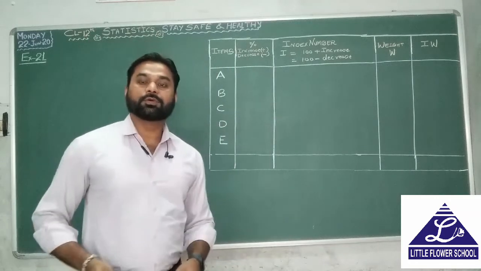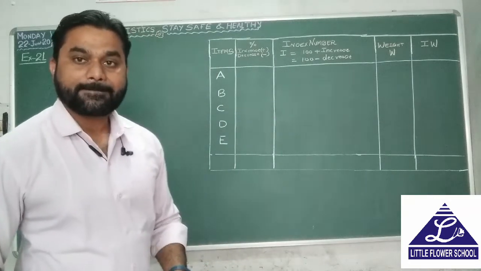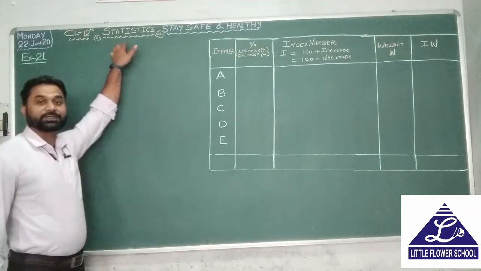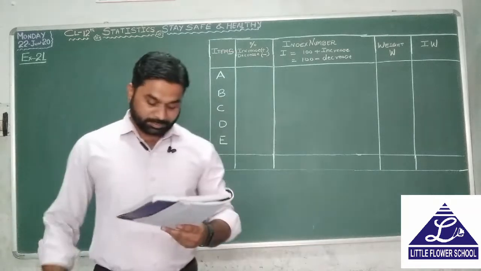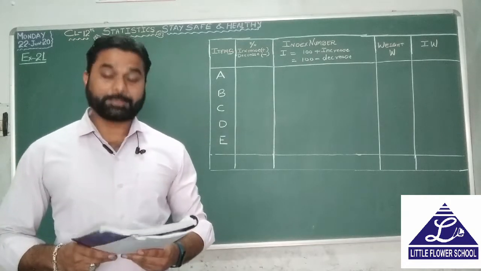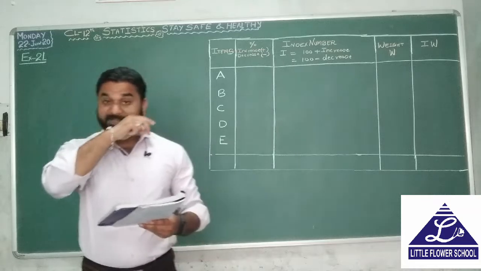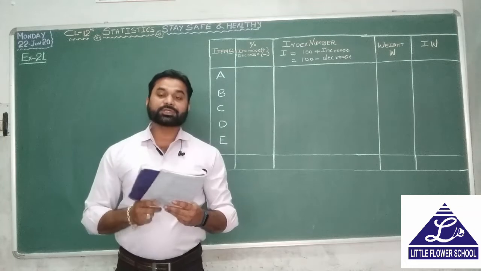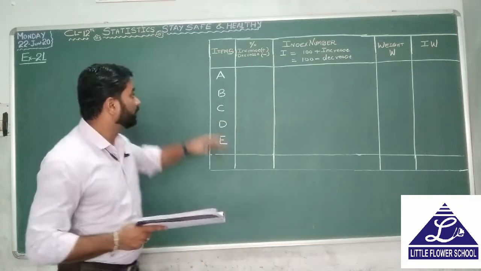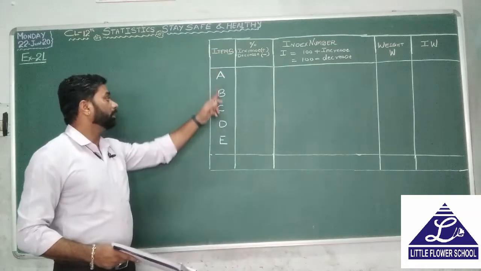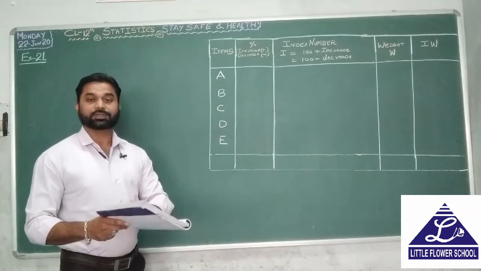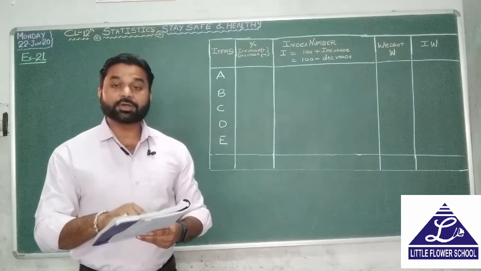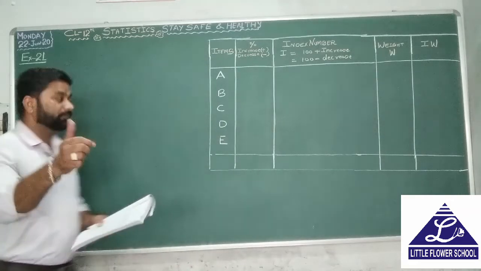Today in this video we are going to study standard 12 statistics. In this page number 39, a very typical example is given. You can see the price of three items A, B and C, and all the items A, B, C, D, E are given in the question. I have already written it. I am going to explain the price of three items A, B and C. Just watch.